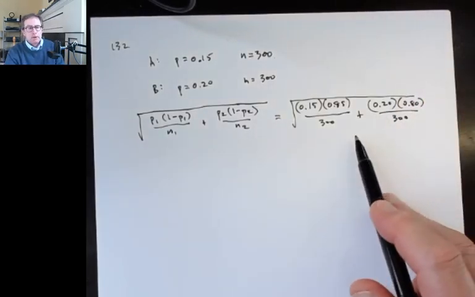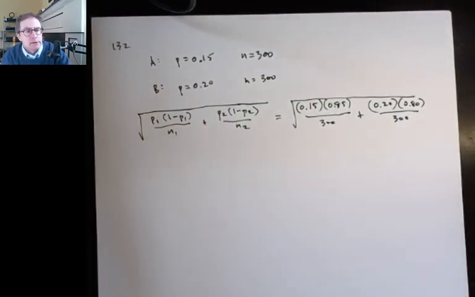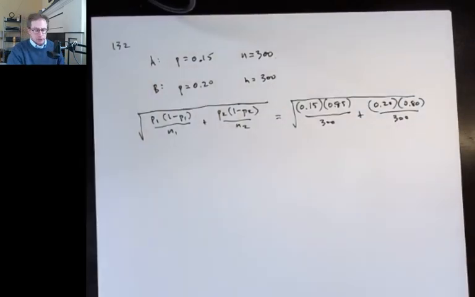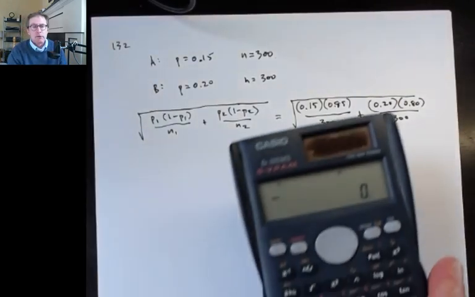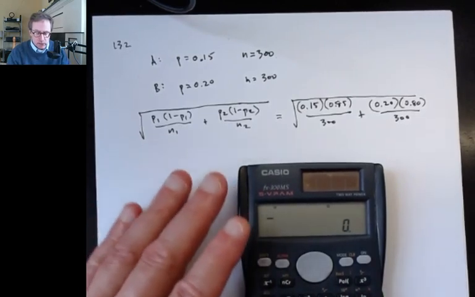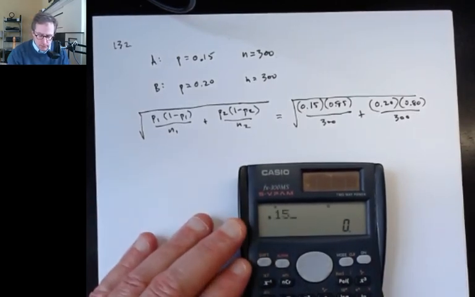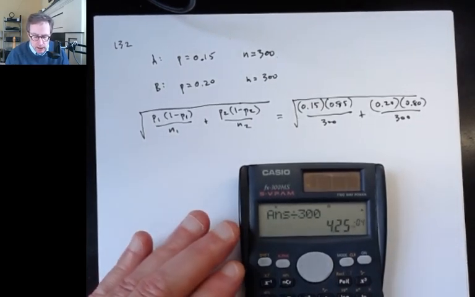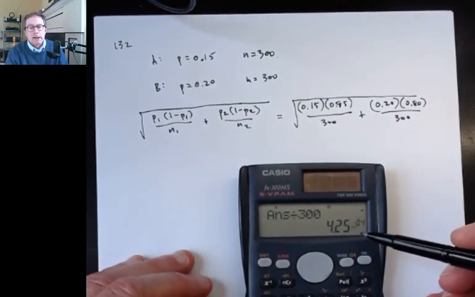Add them up together, take the square root, see what it comes out to be, and that's the answer. Now anybody can flub up the calculator part, that's for sure. But again, it isn't actually the hard part. Okay, so let's see how I do. 0.15 times 0.85 equals, divided by 300 equals, and I got to tell you, personally, I write down these intermediate